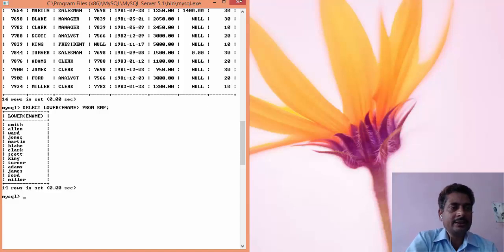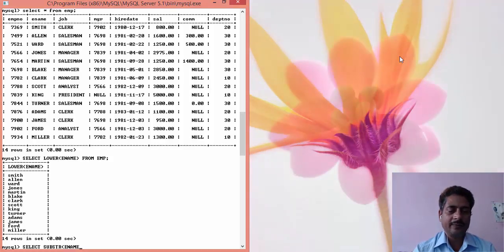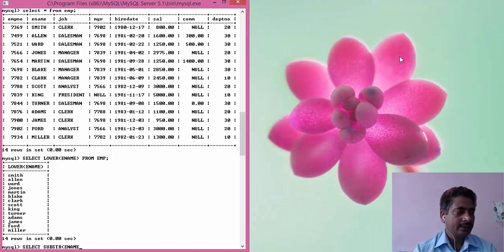Like if you want to extract a value from the name, suppose you want to extract the middle values from the name, we can write select substring ename, use the column from where you want to extract, ename, comma, from which alphabet.